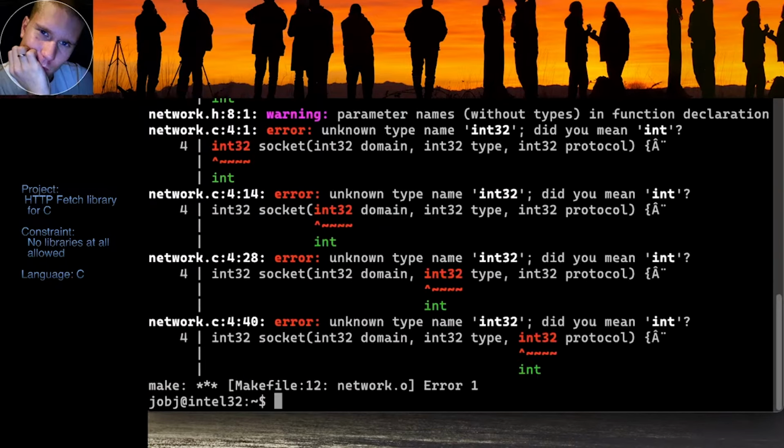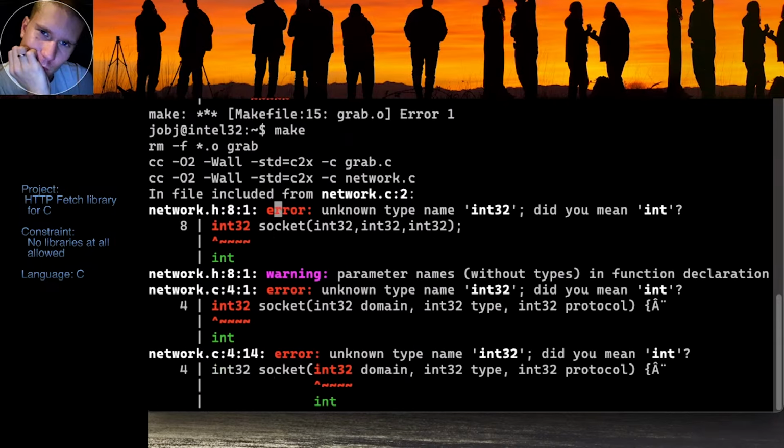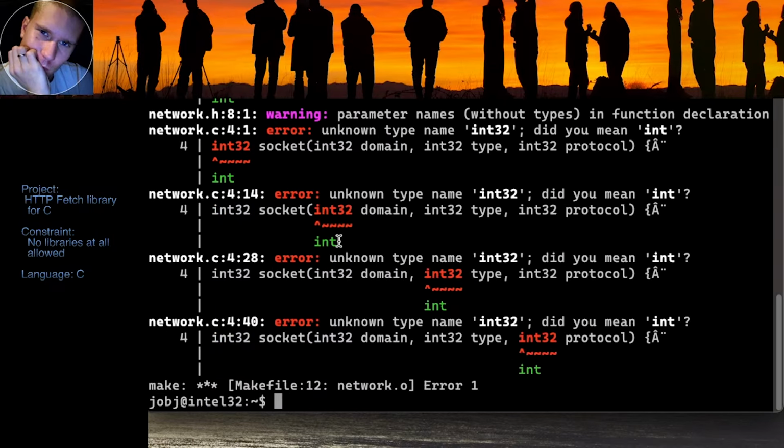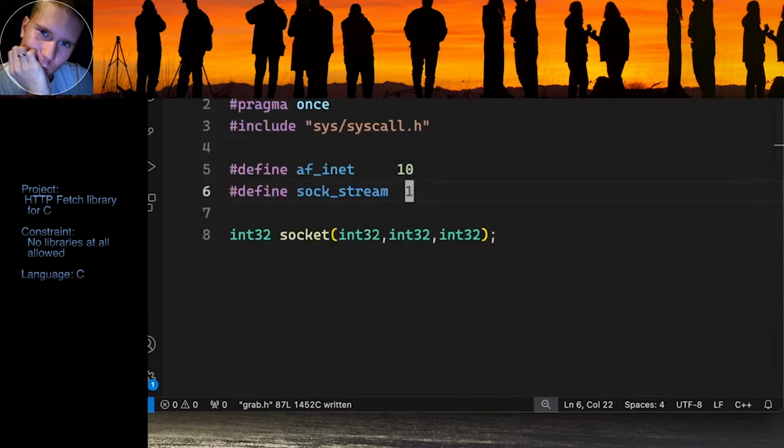And we run make again, and okay, a new error, not the same as last time. That's an improvement, right? So let's see, where does it fail? Unknown type name int32. Alright, we need to, yes, what do we need to do? The int32 stuff is inside of our grab.h, and we do not want to include that from network.h, causing a loop,